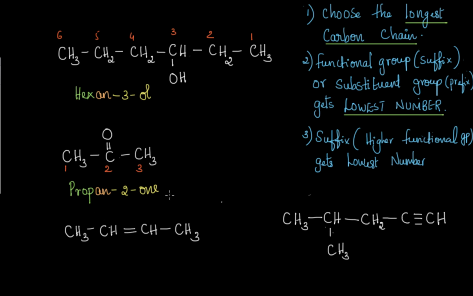I can go in 2 directions. So this is the longest carbon chain, right to left or left to right. If I go from here, it becomes 1, 2, 3, 4. And if I go from here, then it becomes 1, 2, 3, 4. Let's name it both ways. If I go from left to right, then this 4 is bute. We don't have any prefix, so directly start from the root word bute.